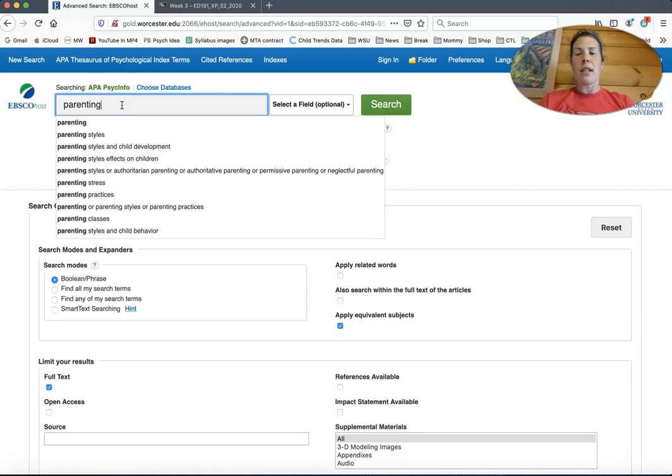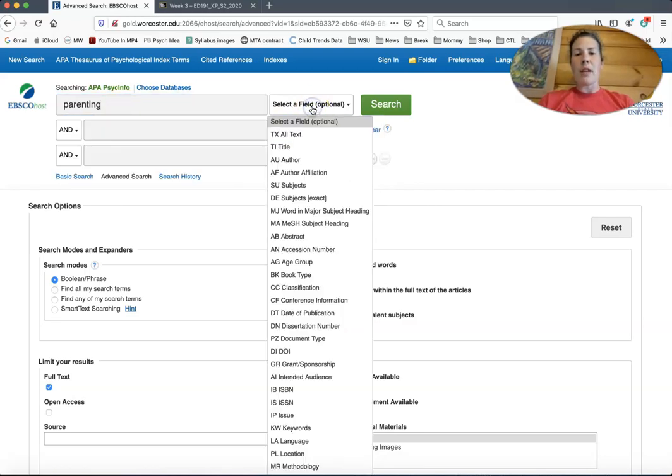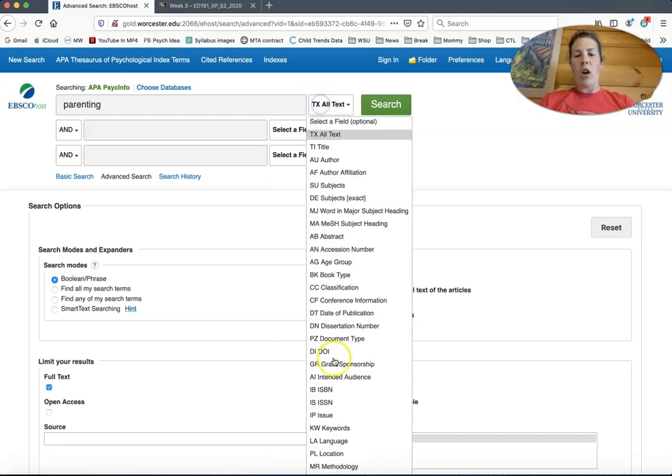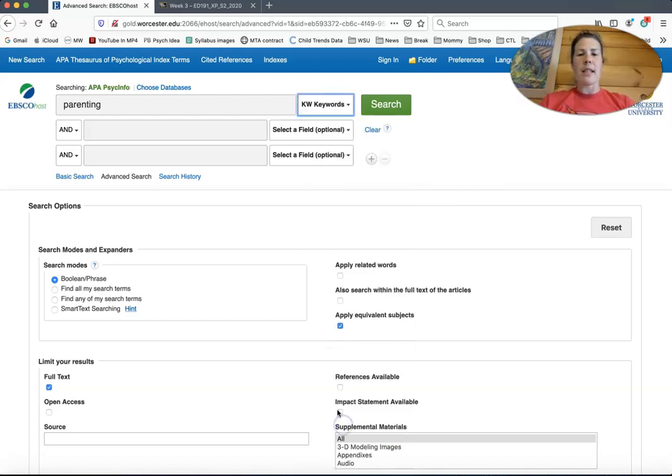I'm just going to keep parenting right now. Then over in the field area, I can select all text, or I could also select keyword. I'm going to stick with keyword for right now. And for parenting, I'm going to use the